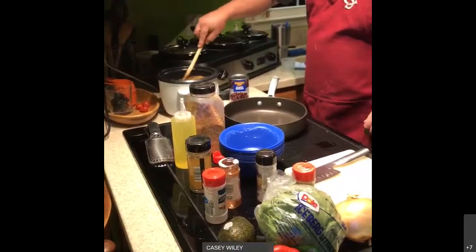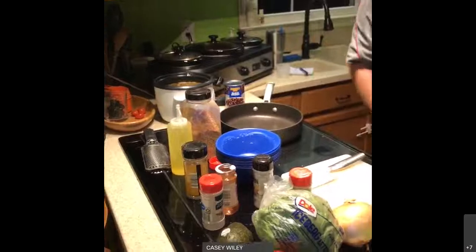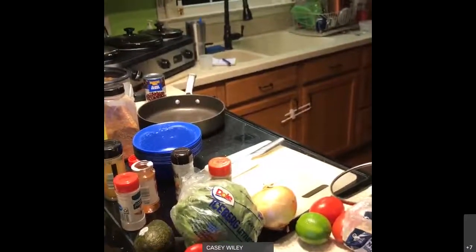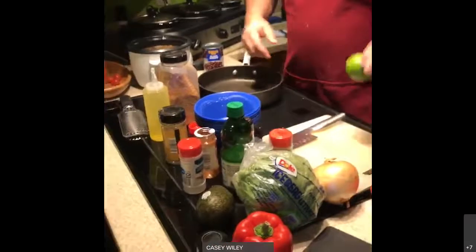And if you're cooking with lime juice out of a bottle, at that point, go ahead and start your rice cooker or turn your rice on, get it to a boil. You know, it's good stuff. I use this all the time, the lime juice out of a bottle. But if you are doing it with a fresh lime,